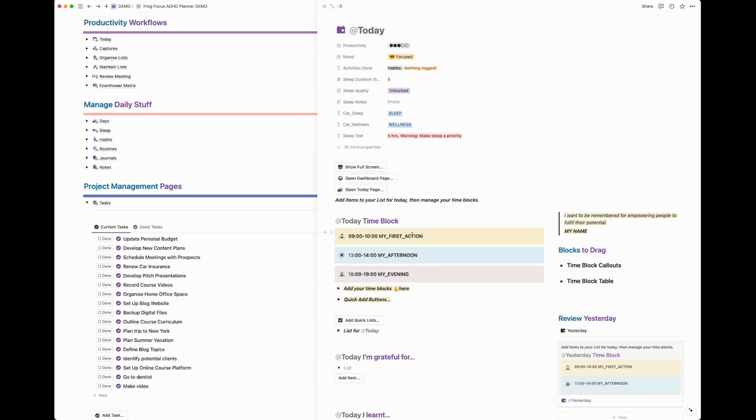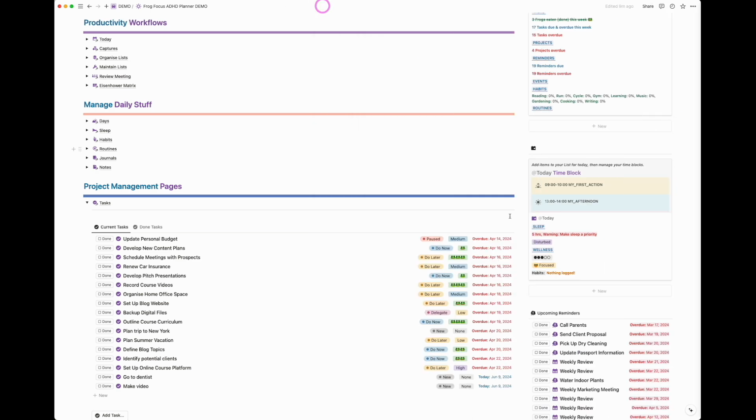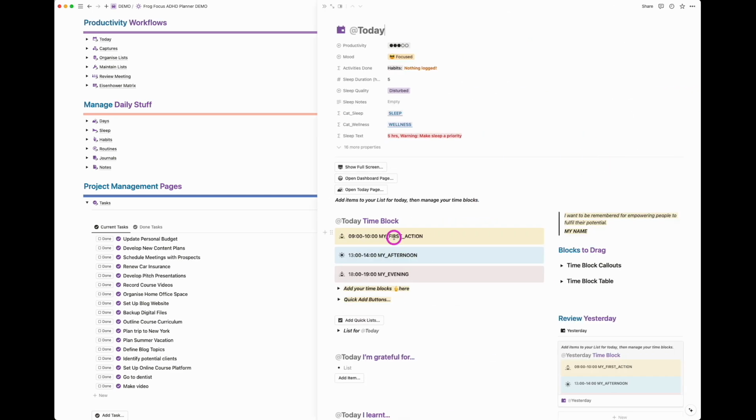Now, underneath all this, you'll see a time block section. Notion will take the first 2 or 3 things and will display that on our gallery view. So these first 2 things, obviously there's a little bit of intro title, and then these time block items. Now you can quickly fill in that you're going to create video, for example, and you can add that in. Now you might want to add in a whole load more